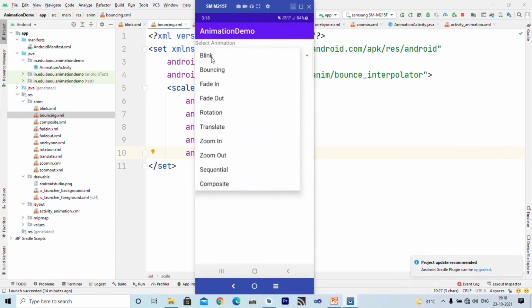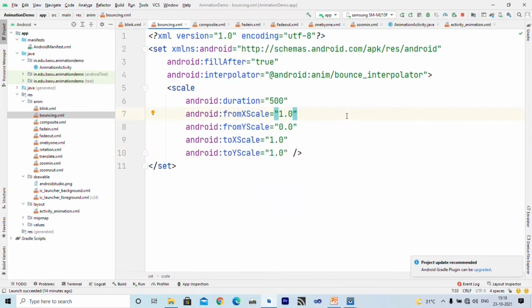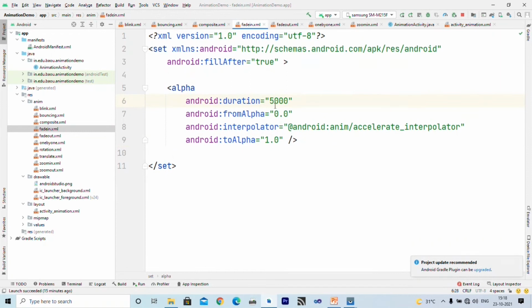Now look at this bouncing. You will see its height is changing from 0 to 100%. So this is how bouncing works. Then we have fade in. Fade in is very simple. The duration is 5 seconds and fade in means it should start disappeared. So from is 0 and to is 100%.